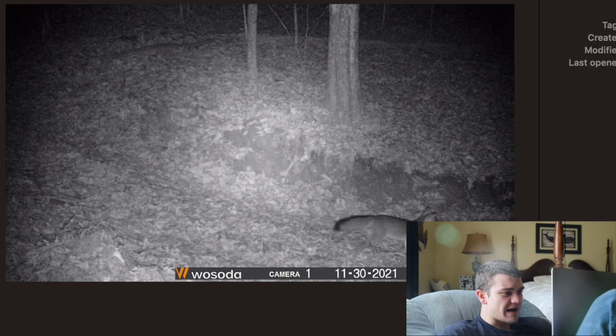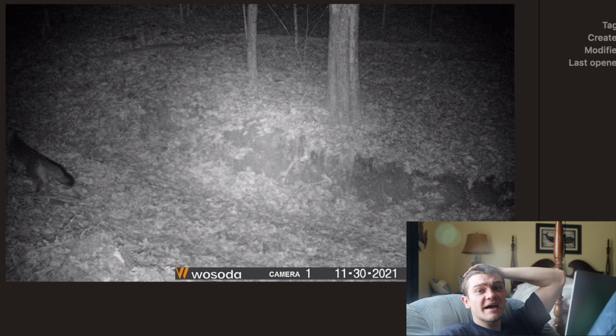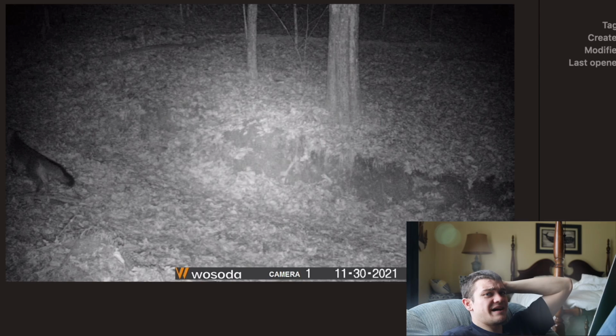There's a doe. Definitely spotted the camera. There's that gray fox back again, dude. No kidding. We could catch him. We could catch him pretty easy, I believe. There's a little